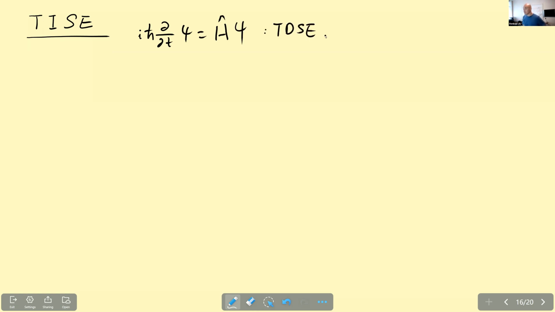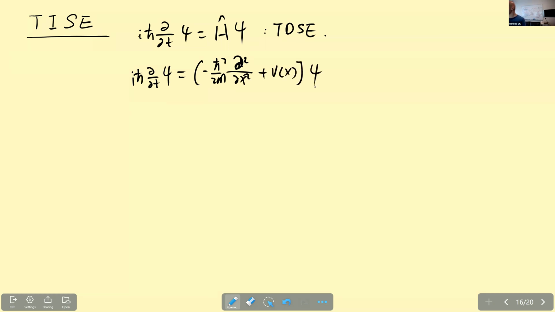More specifically, i h bar partial t psi equals minus h bar squared over 2m partial squared over partial x squared plus V(x), acting on psi. So you can look at this: the left hand side